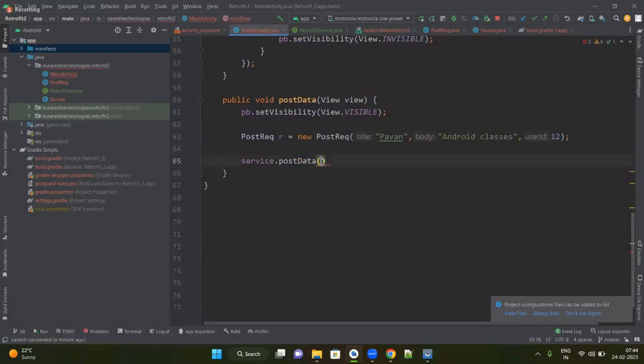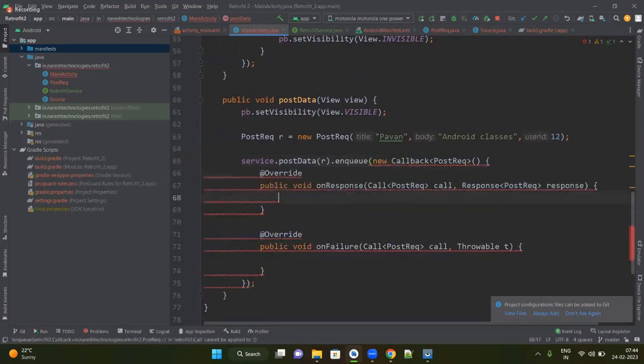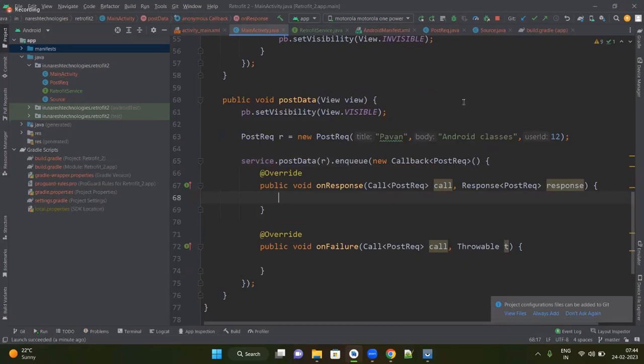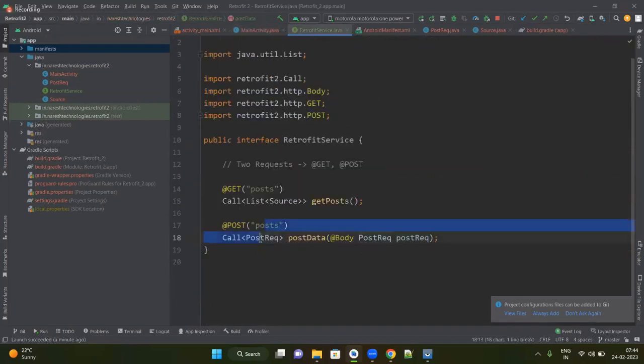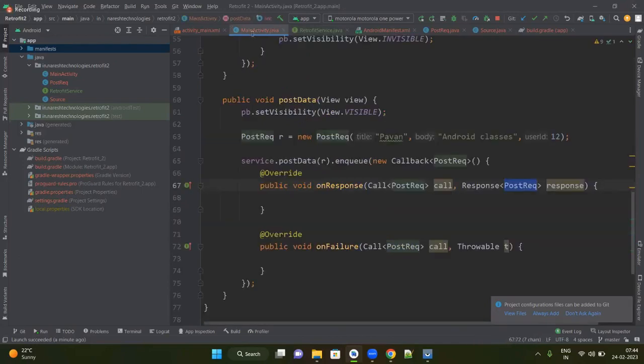Okay, see it here clearly. And what am I posting? I'm posting this request object and simply enqueue this to know if the request has been processed or not. And when the request is processed, you would see that you get a post request object as the response, because you are awaiting that response. Okay. So in the main activity, what you need to do is